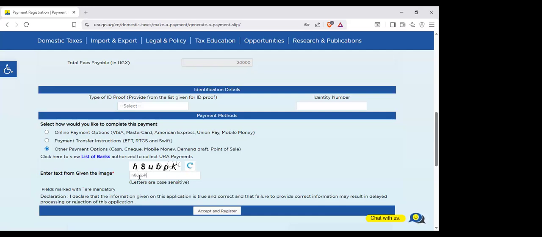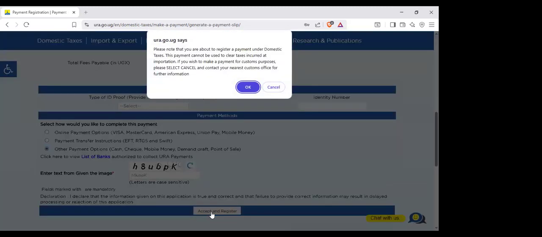then a capital K. Okay, then after putting in this captcha or security code, you click on accept and register. If the security code is right, then after clicking